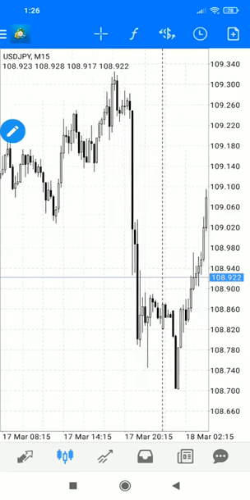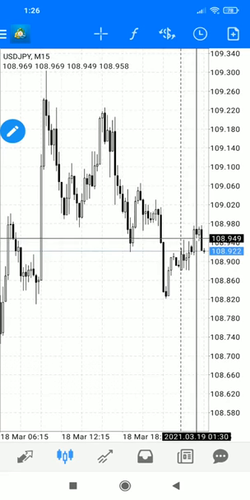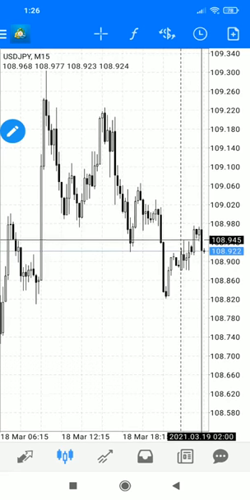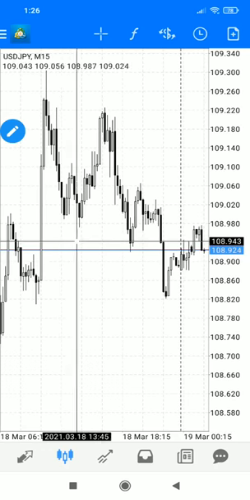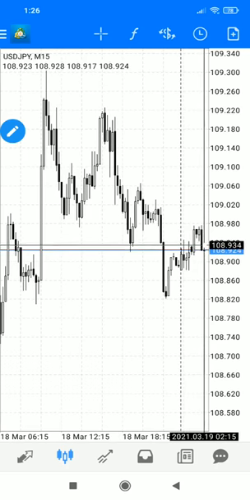Okay, the time settings, let me check. I think it's now GMT plus 3. Okay, yeah, they are now using GMT plus 3, so we are an hour behind. As you can see, now the candle is for 2:15, and right now it's 1:15. It's 1:26 there, but the candle which has just opened right now is for 1:15.